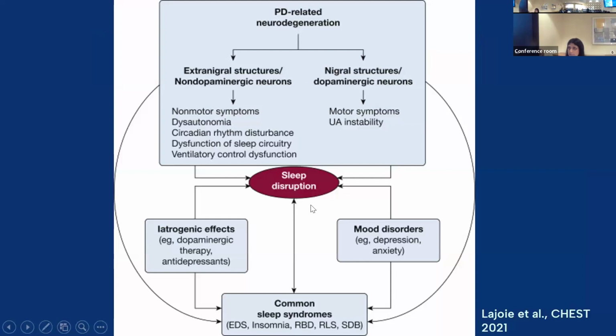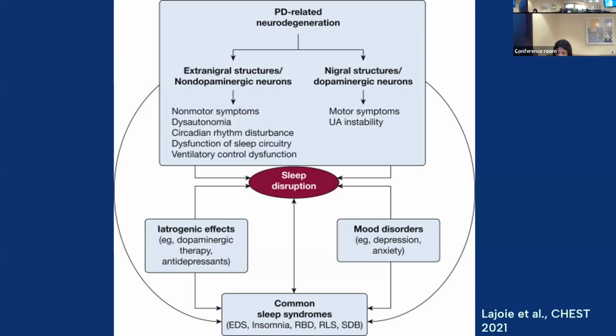So I just thought this was a nice picture, putting together all the different things that go into sleep disruption in Parkinson's. The etiology is clearly very multifactorial because of all the degenerative processes underlying the disease and their interactions with various drugs and the clinical features. I did see sleep architecture alterations in Parkinson's. PSG showed reduction in total sleep time and sleep efficiency, increased wake after sleep onset and arousals, and overall sleep fragmentation. Changes in sleep stages were reported less frequently.